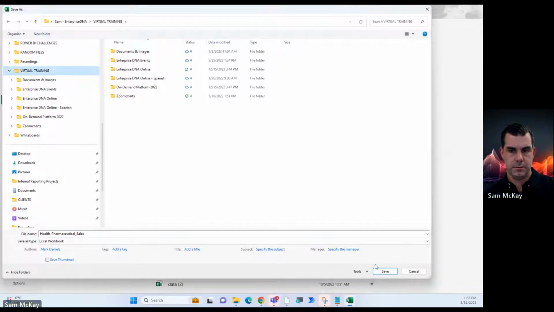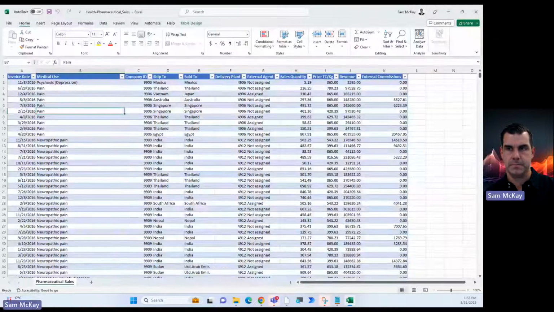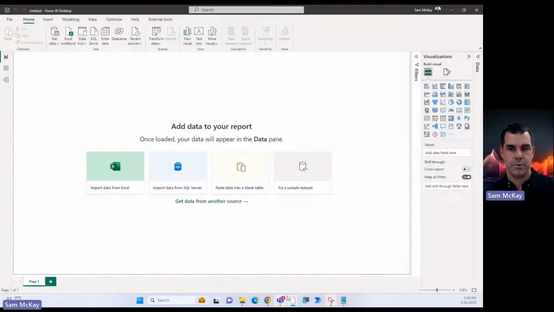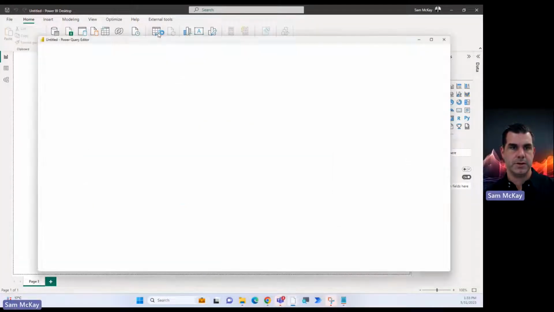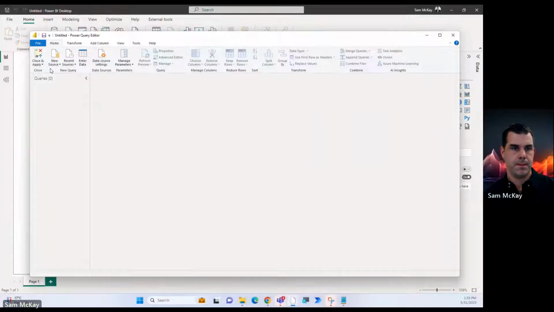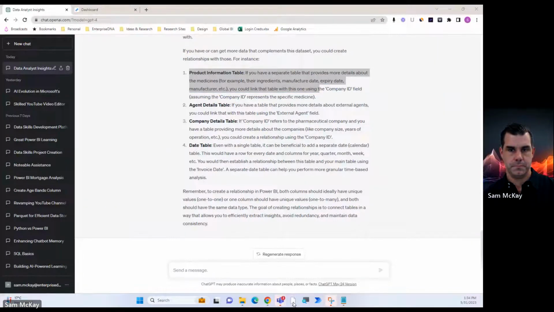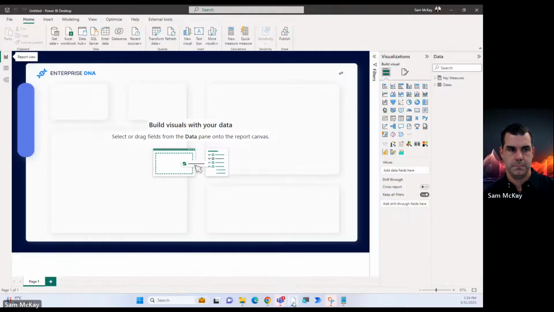Okay, so I'm pretty well set up here. I'm just going to go transform data. Oh no, this is another file. Sorry. Okay, so I've got my template up here.